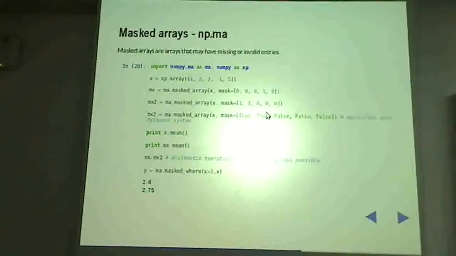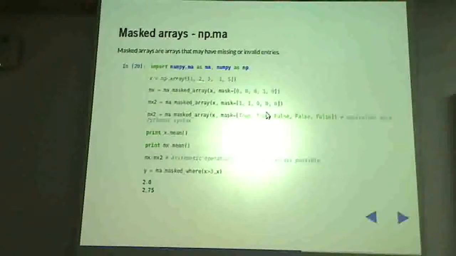A bit about masked arrays. Masked arrays are basically arrays that can have invalid entries. In data, if you have an image, you may have some part of the data which is full of what are called NaNs, not a number. Or they have some very ridiculous, invalid value, -99 or something. Now suppose you wanted to mask it. In order to do that, NumPy provides a separate subpackage called masked array, ma.